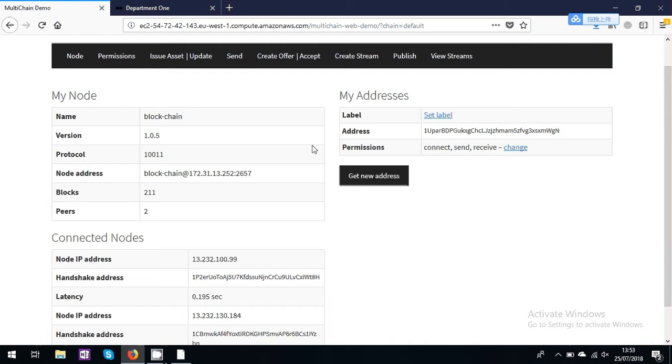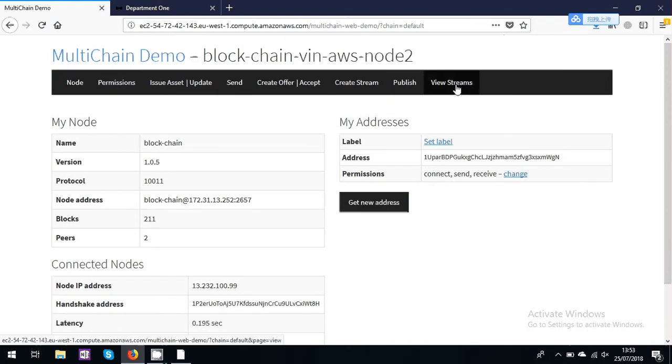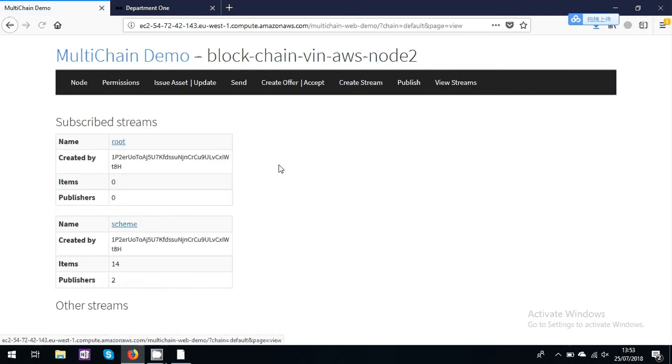Now, as we know, we are using streams in our project. If I go to the streams, I can see there are two streams running. One is the root stream, which is the default stream. But in our project, we are using a stream named scheme. We can see there are 14 items and two publishers. That means only two nodes are using this stream to publish data, and already 14 items are there. If I go inside the scheme,